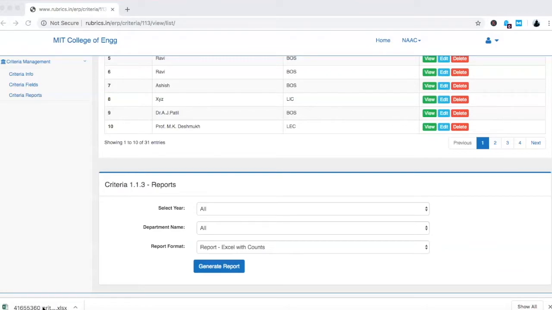You can see in this Excel sheet you will be getting the count of the teachers on various bodies of the university.